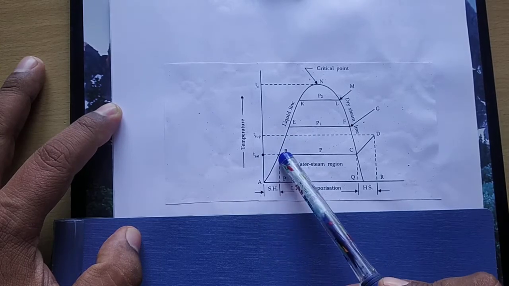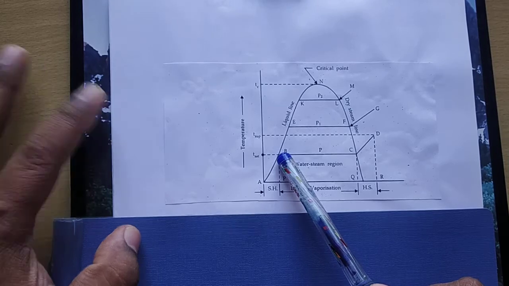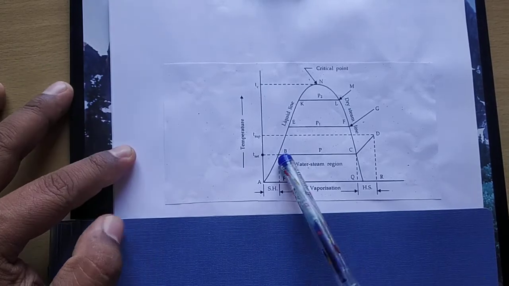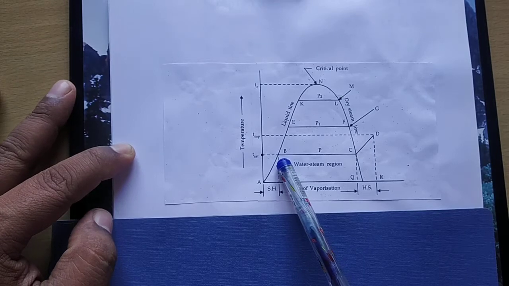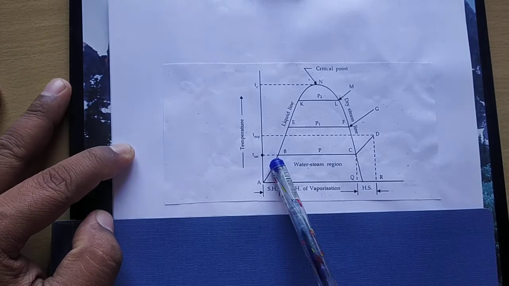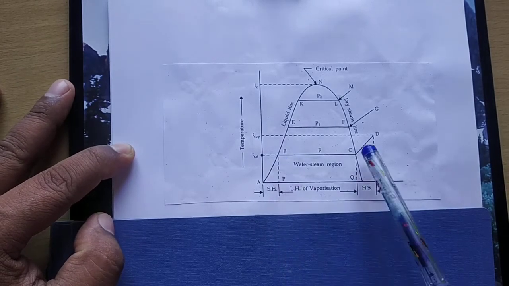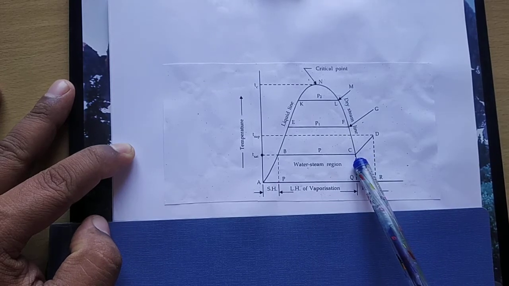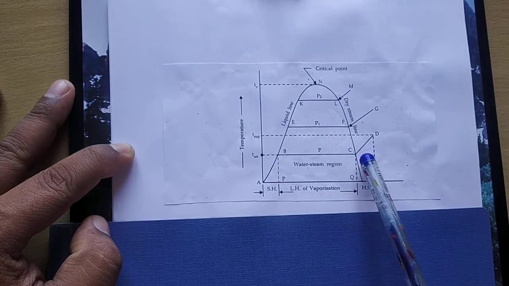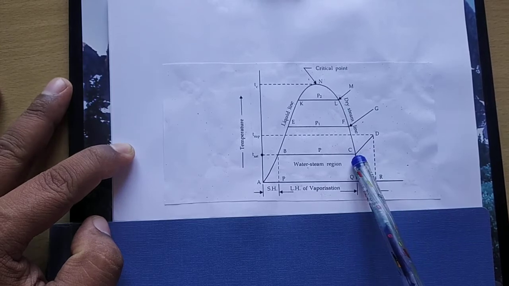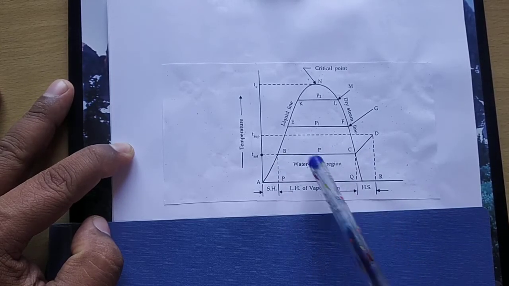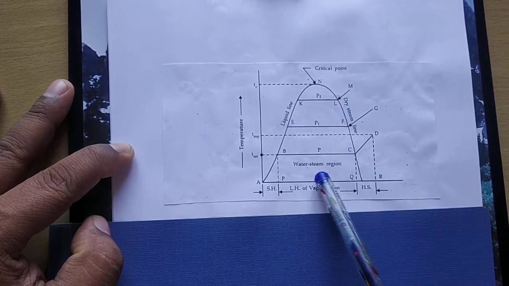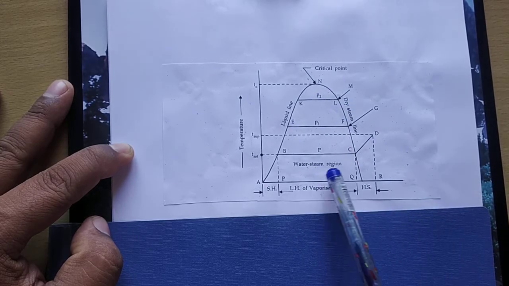The temperature of the water increases at a given pressure. Then from here, what do I do? I again supply heat to this water. The liquid water is converted into steam in a gaseous state. That is dry saturated steam from B to C. The temperature remains constant, and this phase region is called the two-phase region, or water and steam region.